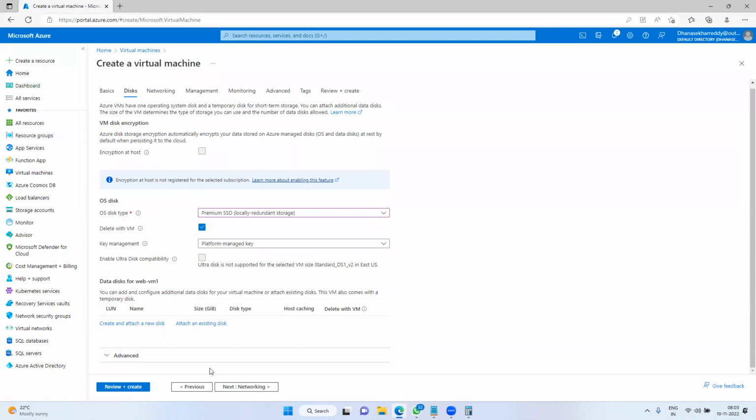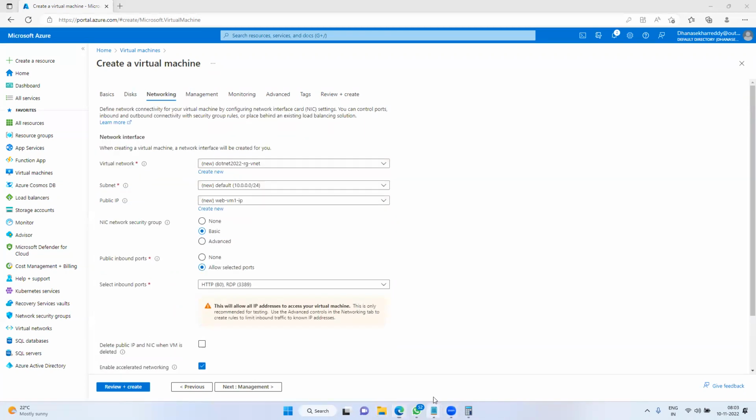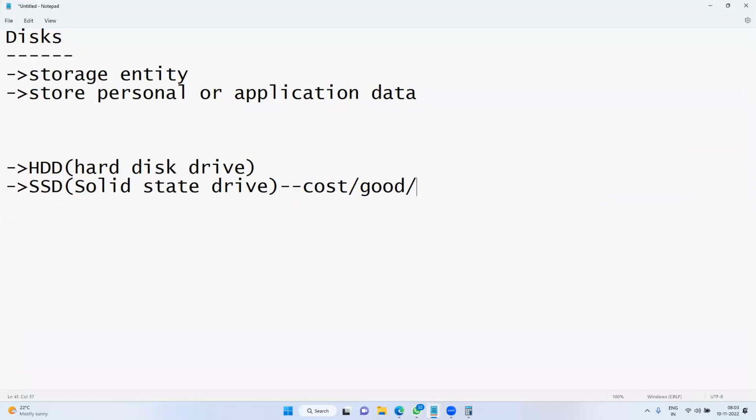Next, networking. As I said, networking is another pillar of cloud computing. By default, whether you would like to deploy the application public or private, that you have to decide. By default it is public.